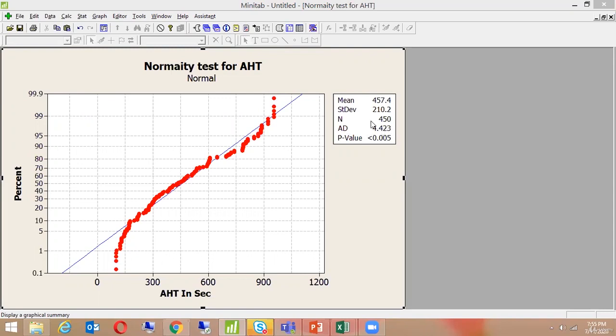What is 4.423? Yes, this is an AD value. This basically talks about the probability of having non-normal data in it. So it's not normal data, right? But what is the severity, which says whether it's not normal, whether it's initially borderline, or whether it's very